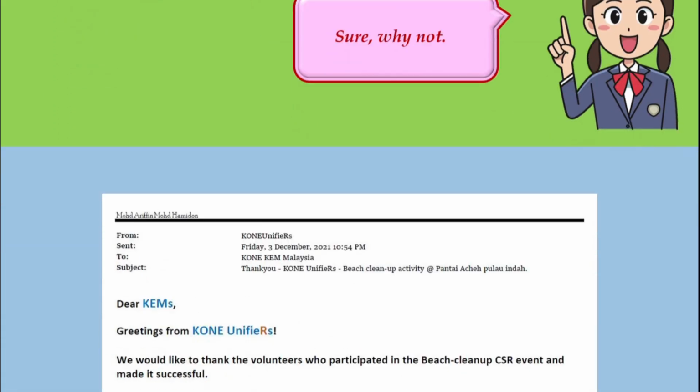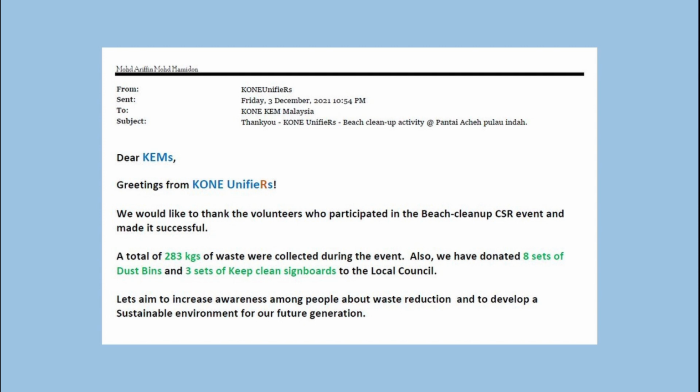The first email is from Connie Unifiers, sent on the date given to the staff. The subject is: Thank you, Connie Unifiers Beach Cleanup Activity, Pantai Aceh, Pulau Indah. So they have done the cleanup activity. Dear staff, greetings from Connie Unifiers.